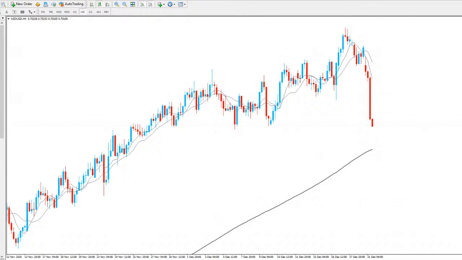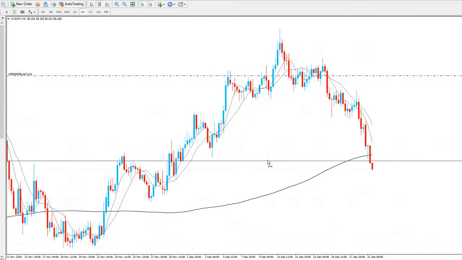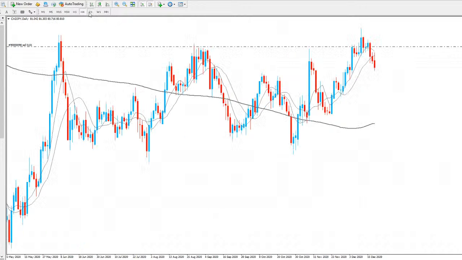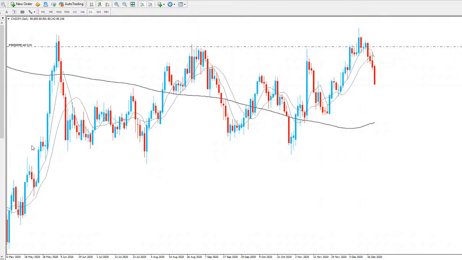Next one, take a look at CAD-JPY. CAD-JPY, I'm currently in a trade for this one. I was in a trade quite a while ago now. I got into the market here, and then you can see we had a nice push to the downside from there. So again, I was kind of factoring the daily into my trade here because again, we've got this range on the daily point of view here.